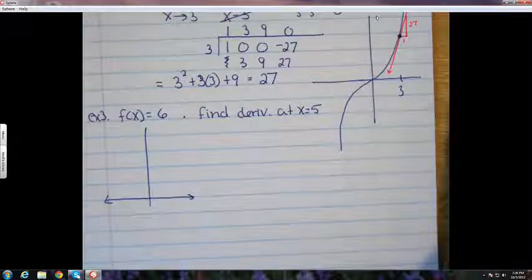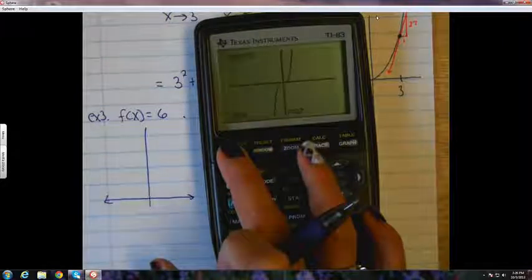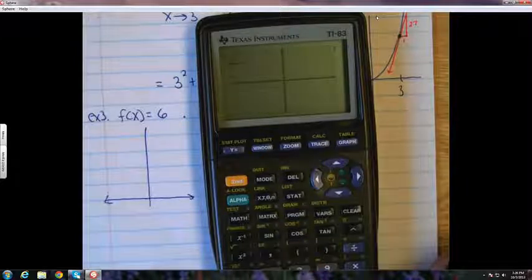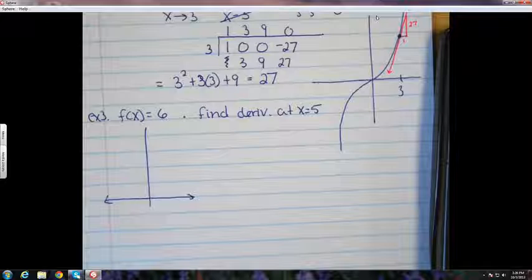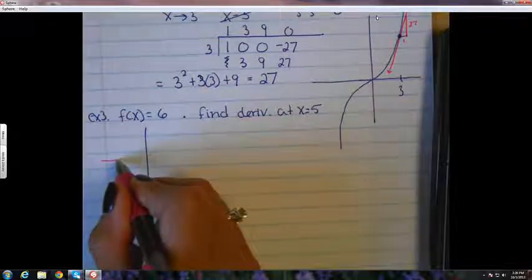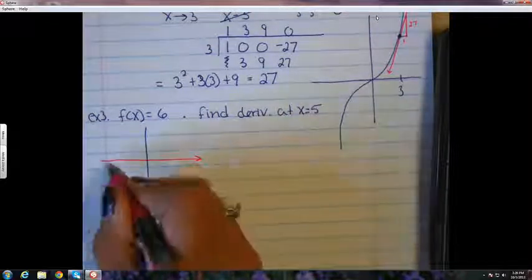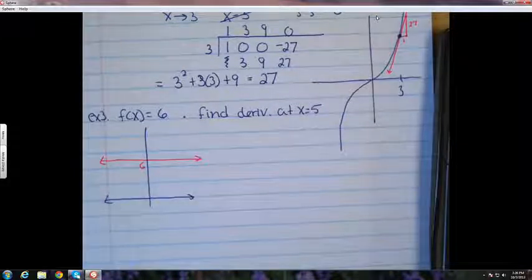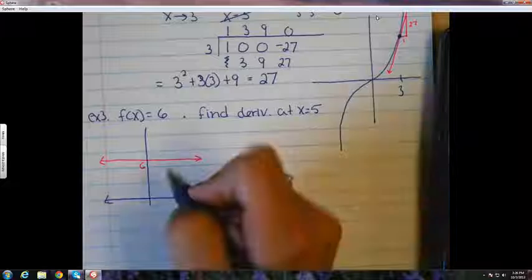Y equals 6. If you didn't know and don't remember, it's just a horizontal line at 6. So y equals 6 looks like this, going through that y value of 6. Okay, and we're going to find the derivative at 5